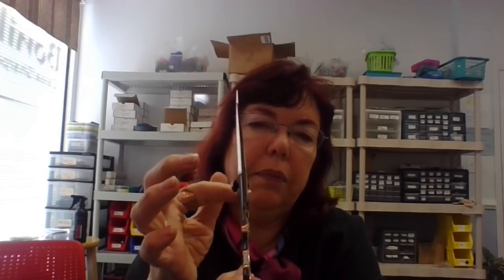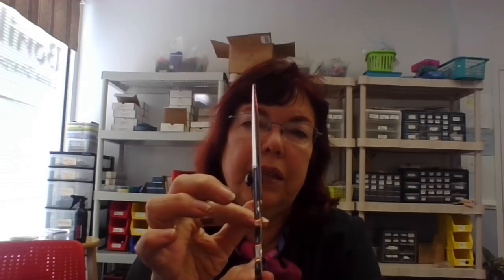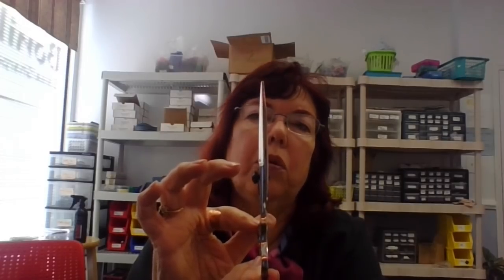And the correct way a shear should work is as you close it, can you see how the blades actually overlap? As you close it, they touch in one spot all the way down. And if you were to have these adjusted correctly, and you were to close them really, really gently, maybe just using one finger, it should be an even pressure all the way down until you touch. Now you see that one? Do you see how it had a little bit of a drag there? That one's probably either a little bit has a nick, or it's a little dull there, or it's out of alignment. See, I have to push a little bit more as I get there. But slightly out of alignment